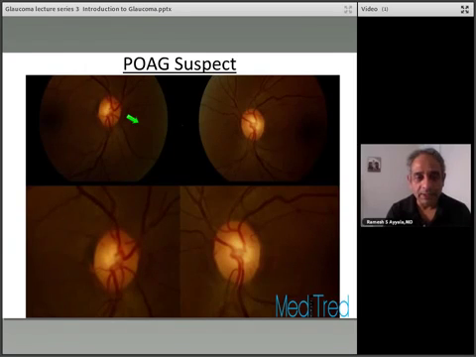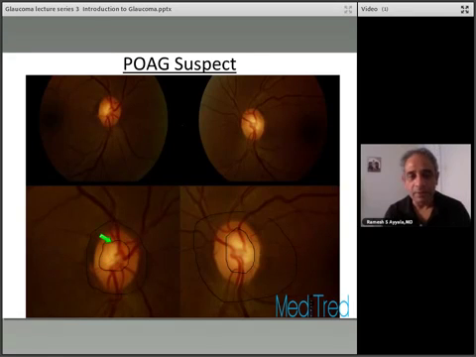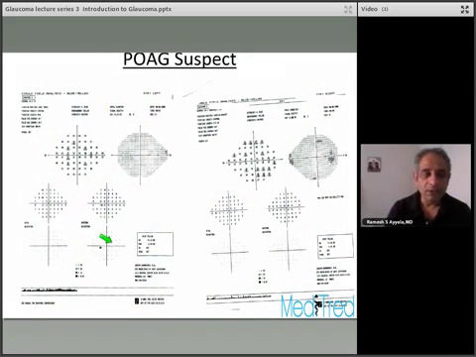If you look at this picture here with the magnified optic nerve, you can see that the cups are slightly asymmetric. You can see that this cup here is much bigger compared to the size of the cup in this eye. And so based on this cup disc asymmetry, the patient was called a glaucoma suspect. And of course, the patient had